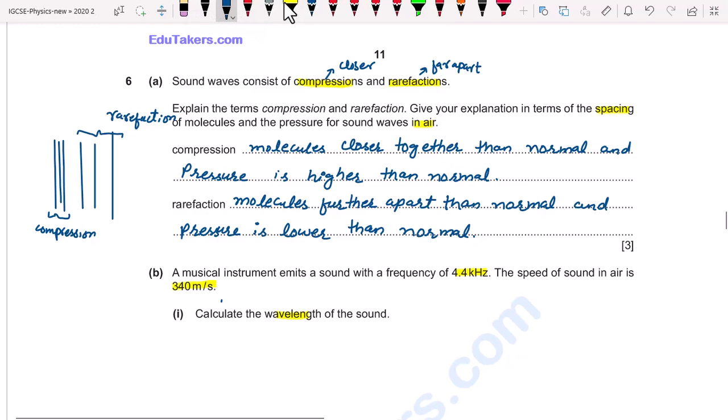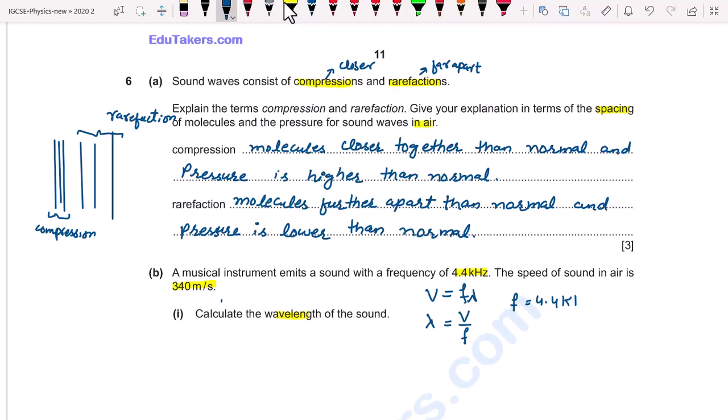So we know the relation v = fλ. Here v is speed, f is frequency, and λ is wavelength. We have to calculate λ. λ will be equal to v over f, and the frequency is given